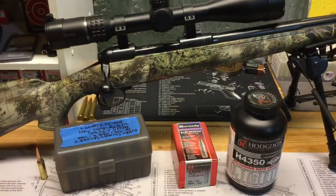So the reason I loaded at those lengths, I had checked the maximum overall length for my gun where the bullet hit the lands and found it to be about 2.857. So the 2.85 is just under, well, it's 7 thousandths basically off the lands, and all the way down to 282, which is the overall length in the manual, I believe, and that would have been 37 thousandths off the